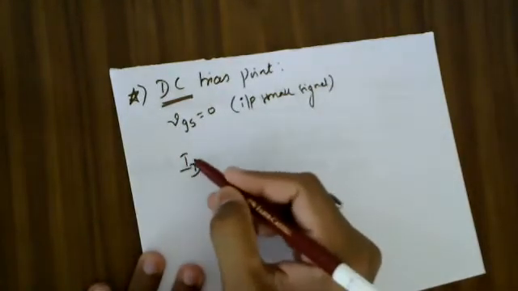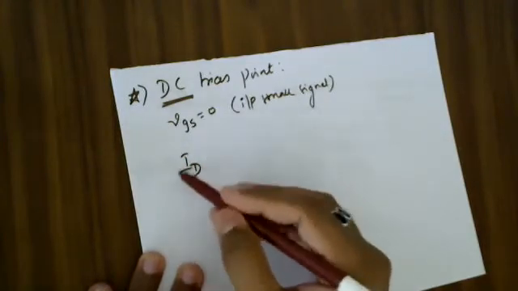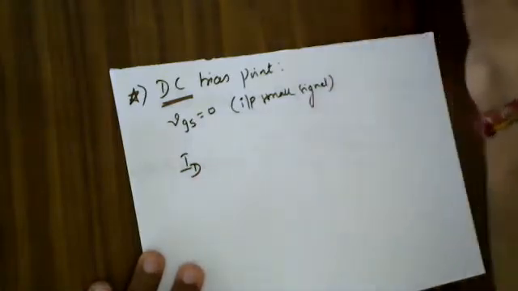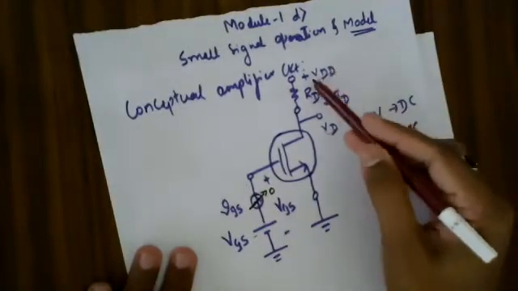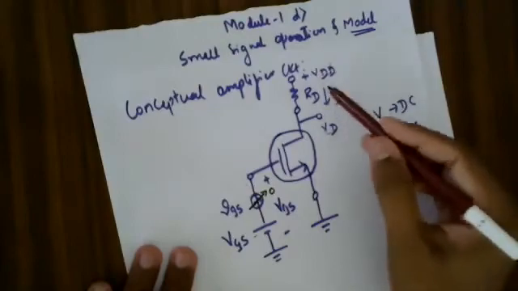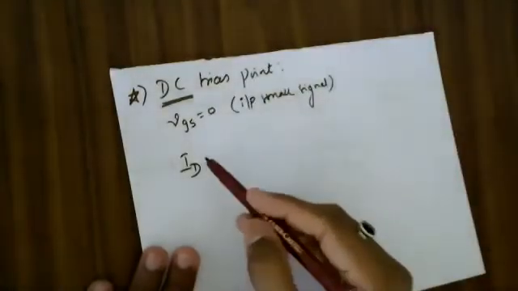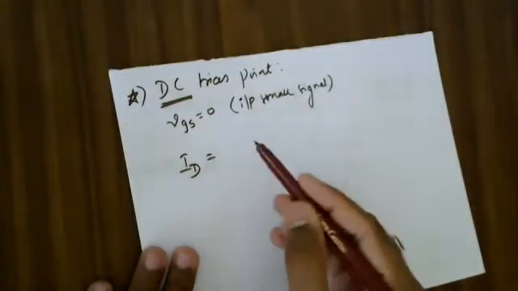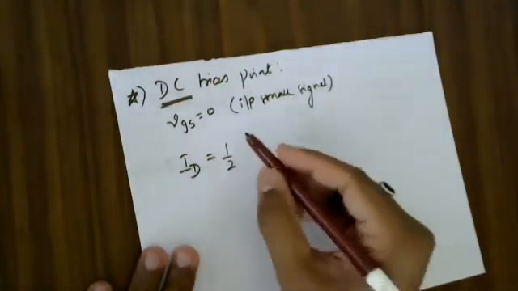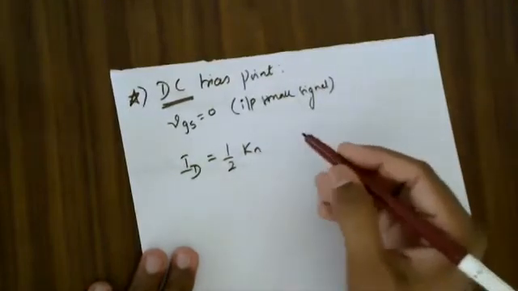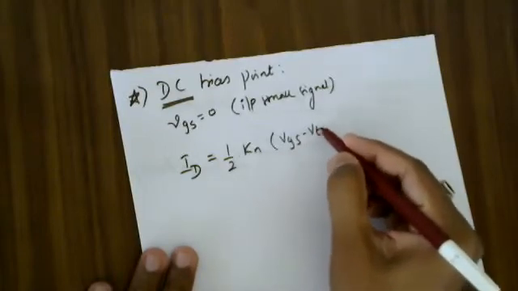This drain current ID, as you can see here, is written as capital I and capital D. It means this is talking about a DC current, which is because of my VDD. Because of my DC voltage, I'm going to get this drain current. So I would like to know the amount of drain current in my network. Then I can write ID is equal to 1 by 2 times Kn, or Kn dash, into VGS minus VT the whole square.